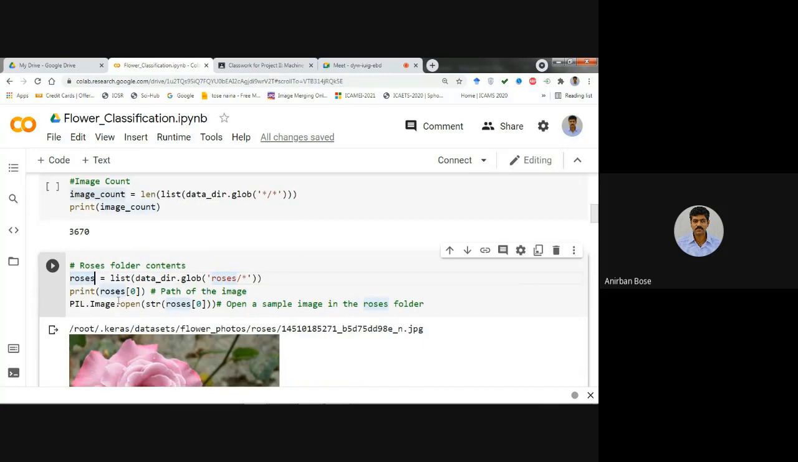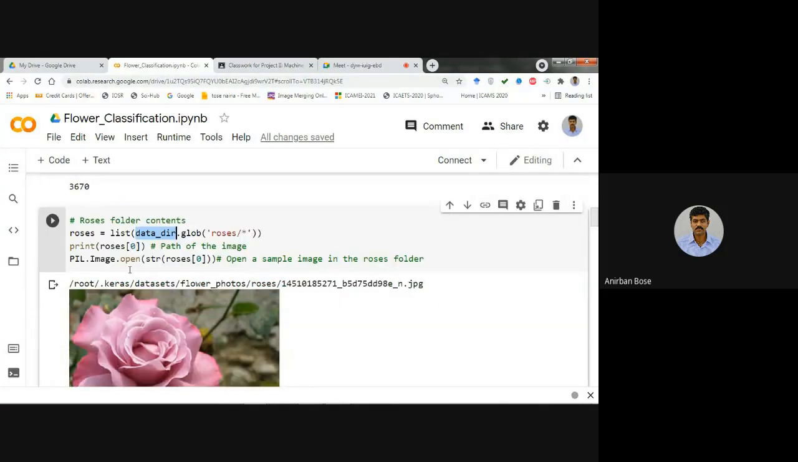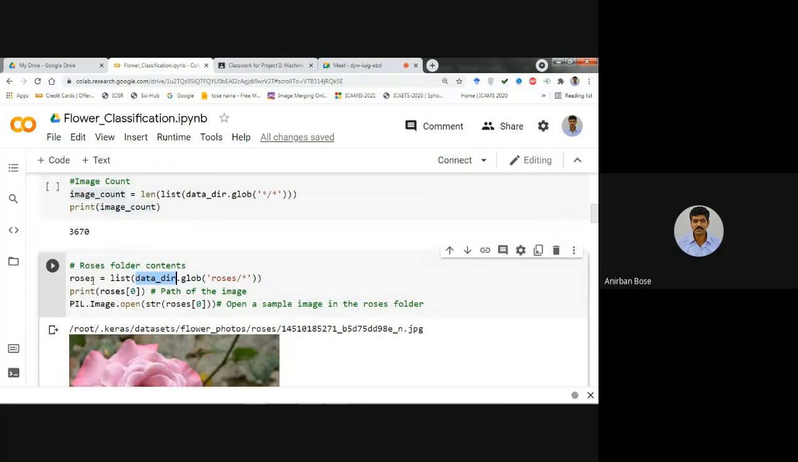Now if you want to see the first image of that list that we have just created, roses, then you will be able to see it. But remember, this is basically the path that you are going to see. Everything, the data_dir or everything, is basically the path. But if you want to see the image, for that you have to use either an OpenCV function or the Pillow function. So here with the help of the Pillow function, we can see that